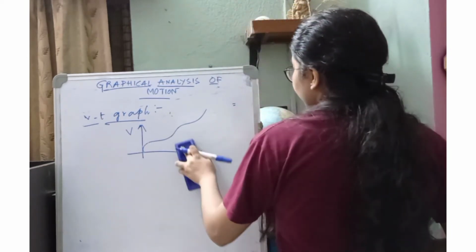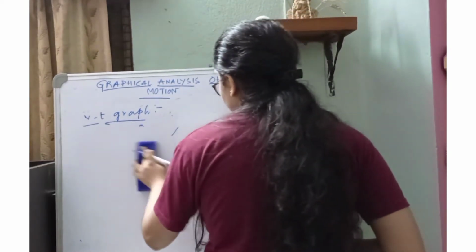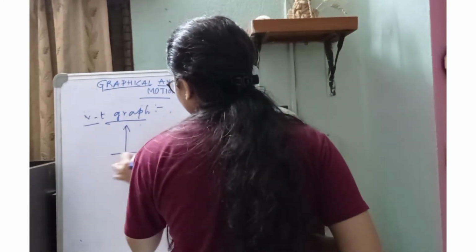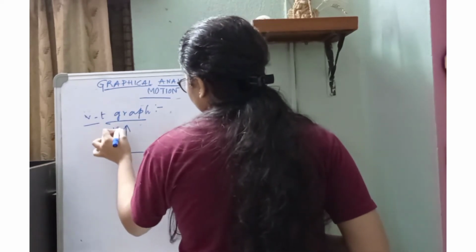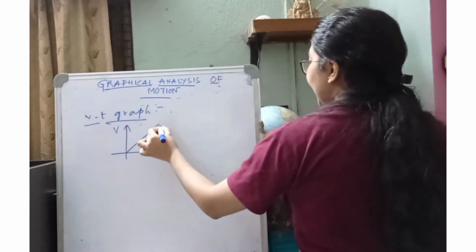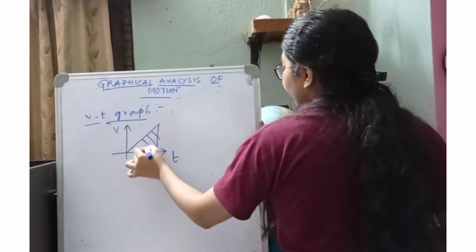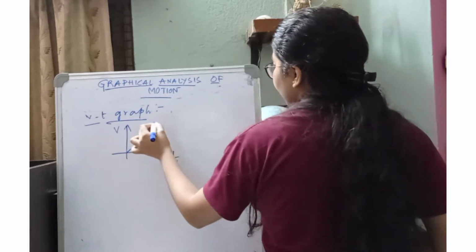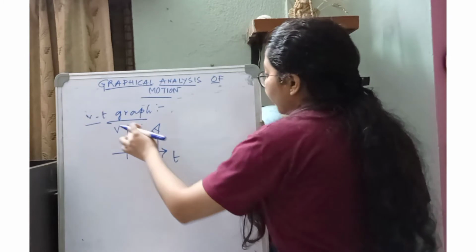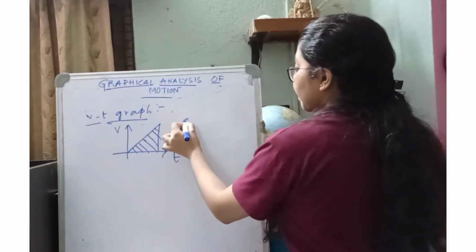Okay. So now talking about the area of the VT graph. For simple thing, if I see the area of this particular VT graph, this is the graph. So the area is always with the x-axis. So if I draw the perpendicular over here, this VT graph is nothing but a right angled triangle. So the area of the VT graph is nothing but V into T, which is nothing but the displacement or the